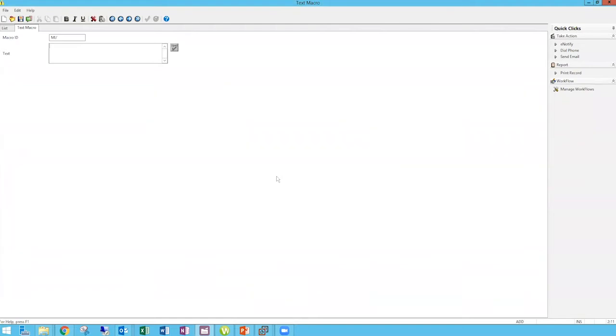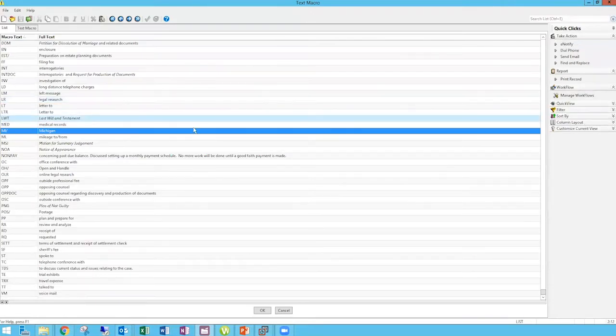Maybe I want that to always spell out the name Michigan instead of it being the abbreviation. Michigan. Okay, so there we go. We've got Michigan. I don't want the abbreviation. I always want it to spell it out. So I'm going to save it. Now I've created one: MI/ is now Michigan. Once that's created and saved, we're going to go back to my list view,